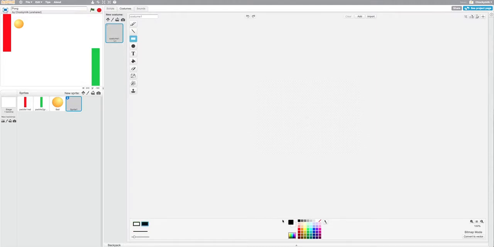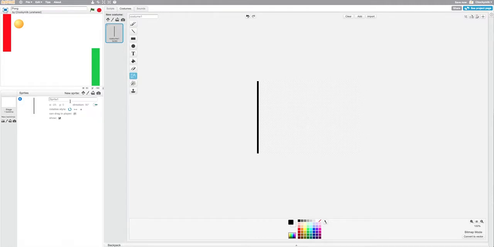You can make it a color if you wish. I'm going to keep it black just to keep it simple. And I'm going to draw a rectangle right on the edge like that. So not too thin, but definitely not too thick. And then click on sprite 1. And I'm going to call it